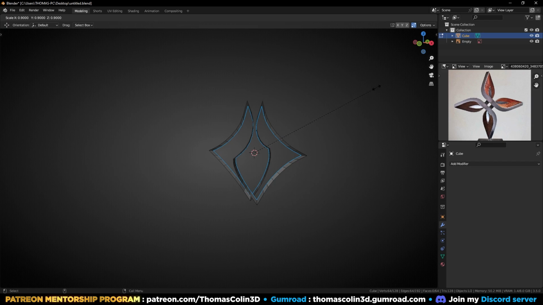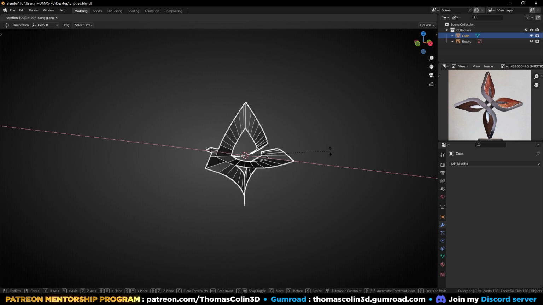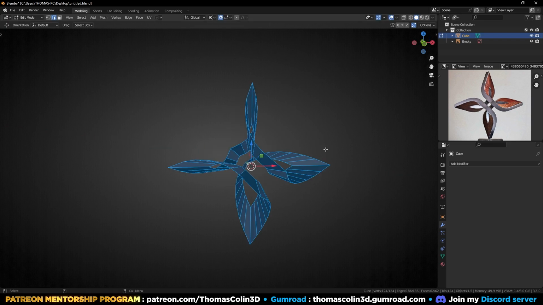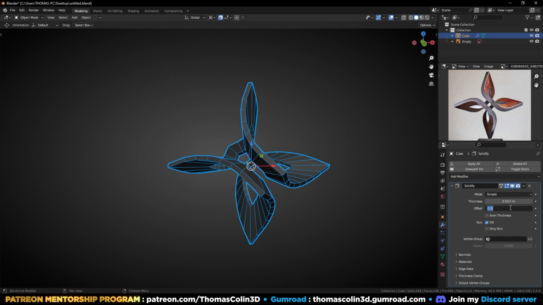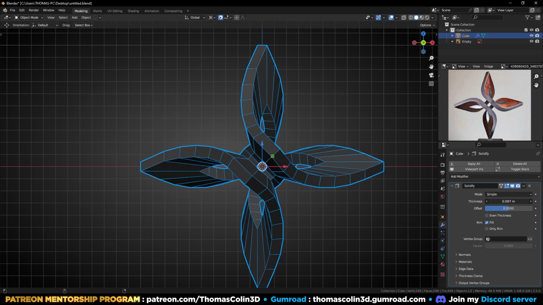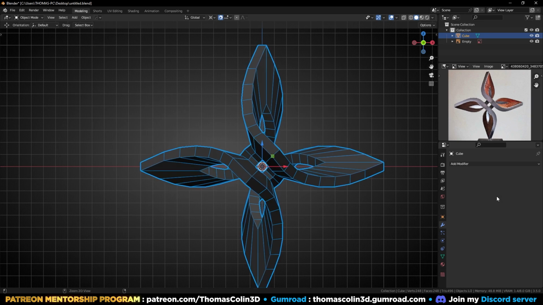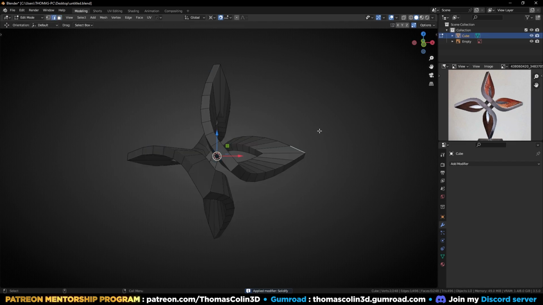E, S, and extrude. Rotate the shape by 90 degrees on the X-axis. Select the faces, Shift-N to recalculate the normals. You can add a solidify modifier, increase the thickness a little bit, put the offset to 0, increase the thickness a little bit more, like this, apply it, and now I can select all the sharp edges,